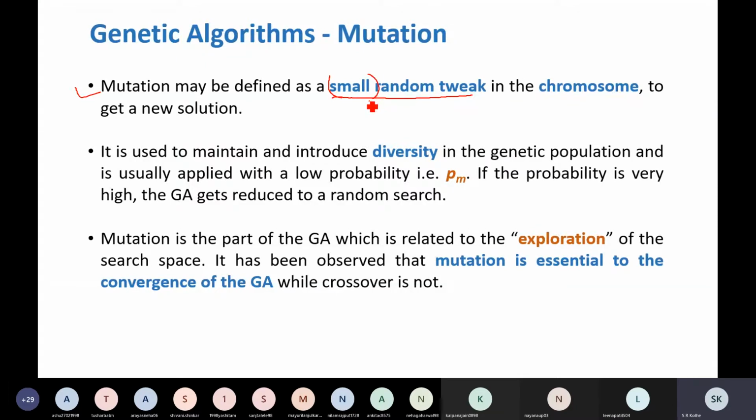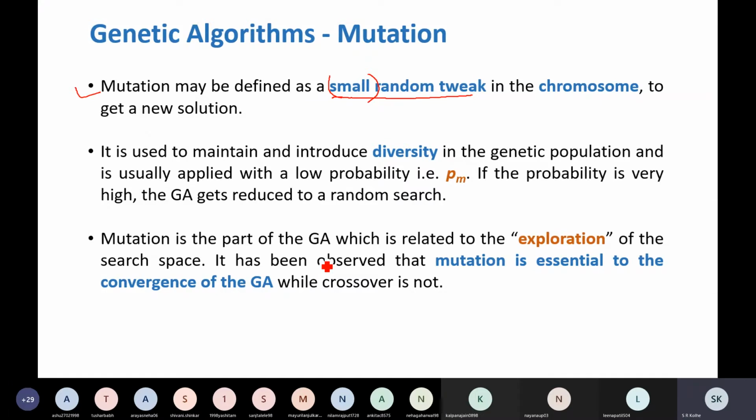If you do not change the resultant chromosome, then your next generations will, after some time, be similar to your earlier generations. So similarity will be there.